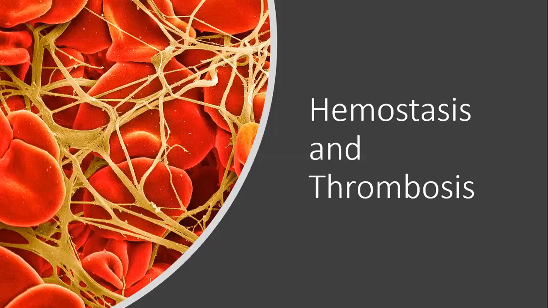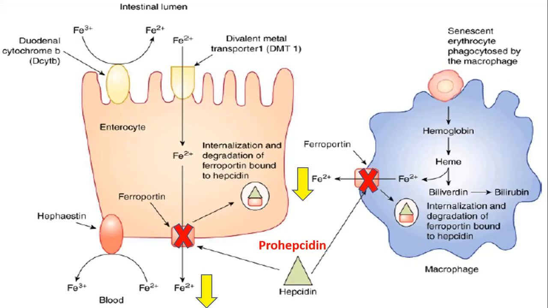Okay. Another thing to remember is that your hepcidin is upregulated when you have chronic inflammation, and this is said to be the one responsible for the anemia in patients with chronic diseases. If they have malignancy, or other chronic diseases, the upregulation of hepcidin is responsible for the anemia there. Okay,